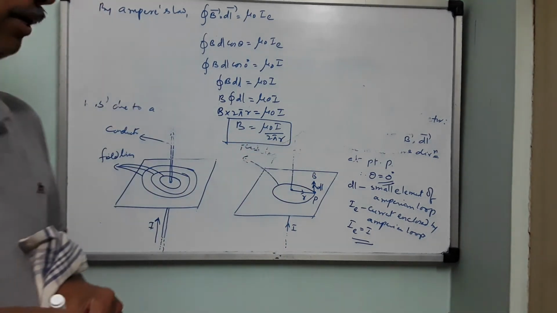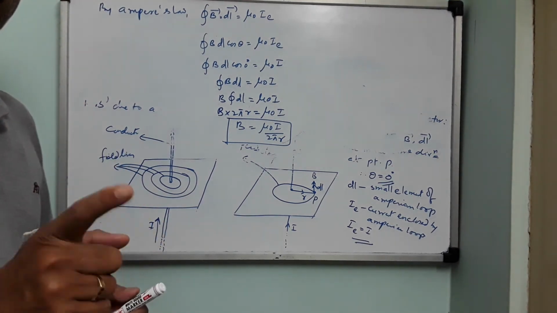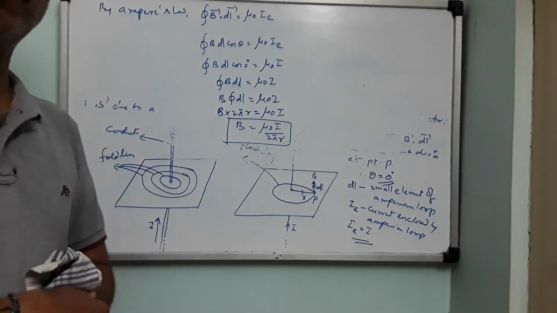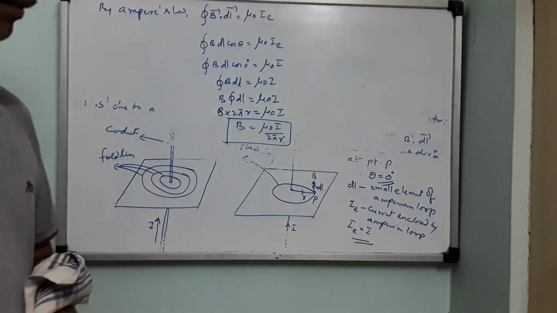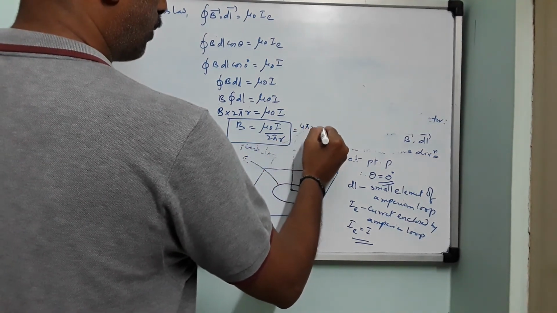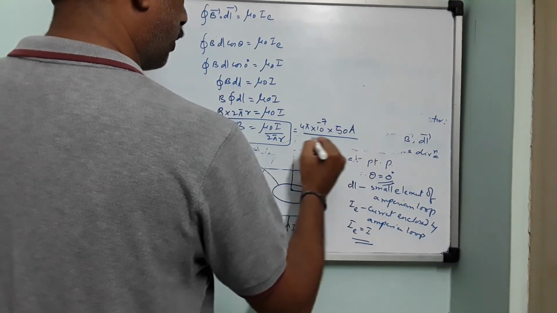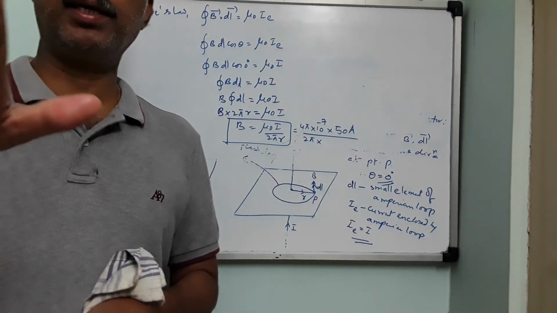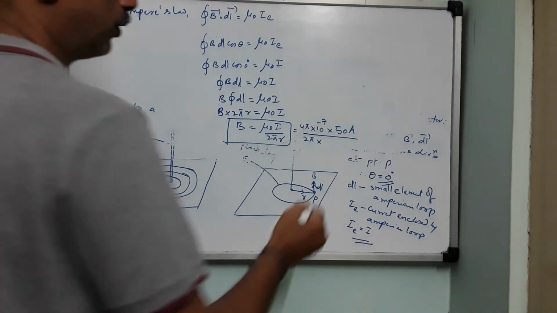What is this expression? Magnetic field due to a straight, infinitely long current carrying conductor at a distance r from it. Suppose a power line is running in front of your home that carries a current of say 50 ampere. So mu naught is 4 pi into 10 power minus 7, into current value 50 ampere, divided by 2 pi into r. You are standing in your balcony and the power line is going in front of you. Let us say it is 2 meter distance away from you. So this is 2 meter.